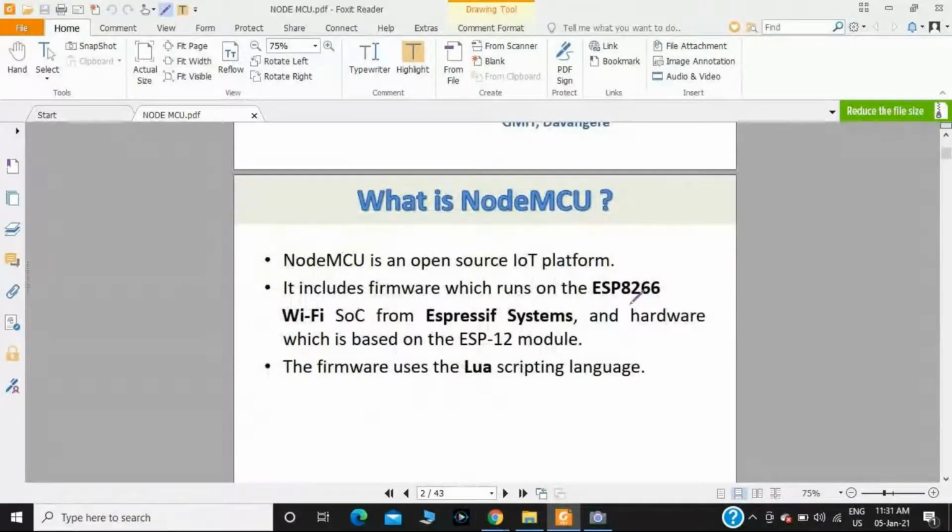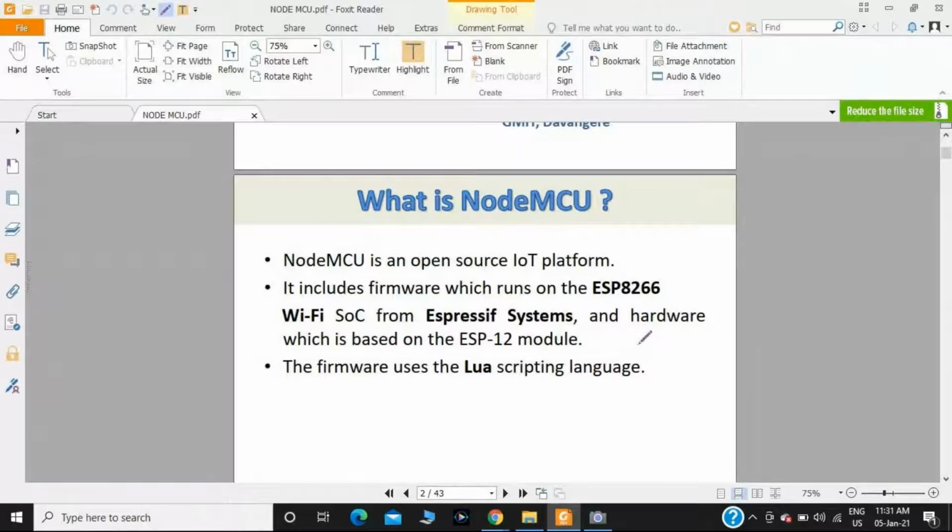The firmware uses the Lua scripting language. Lua is a lightweight, high-level, multi-paradigm programming language designed primarily for embedded use in applications. The Lua scripting language is used in web applications, in image processing techniques, and in gaming applications.